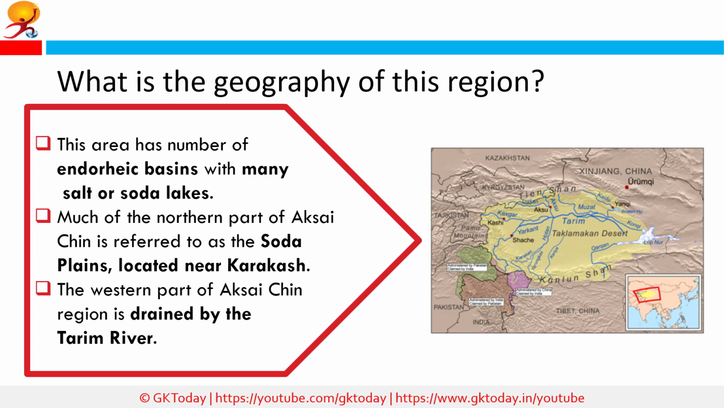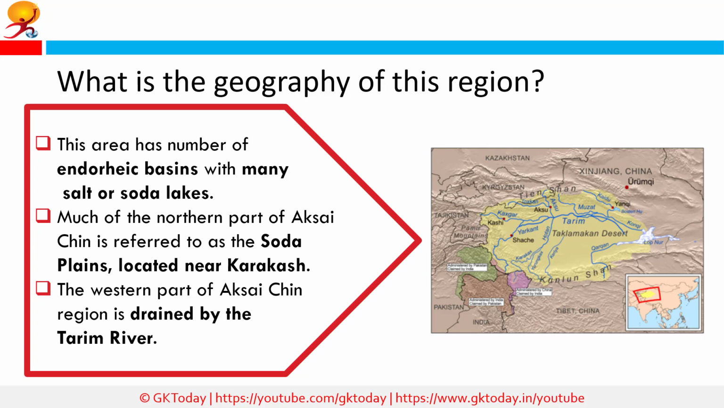Aksai Chin area has a number of endorheic basins with many salt or soda lakes. The major salt lakes are Surig Yelkhaning Kol, Sosang, Aksai Chin Lake, Hongshanhu, etc. Much of the northern part of Aksai Chin is referred to as the Soda Plains, located near Aksai Chin's largest